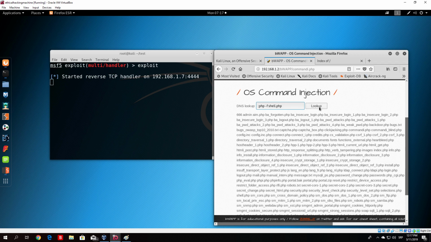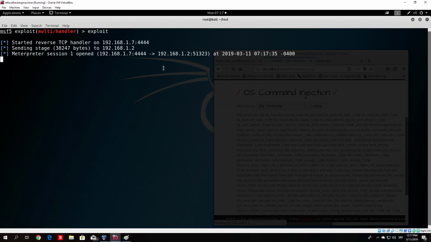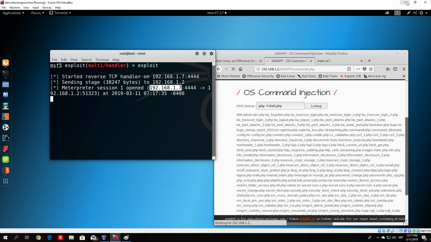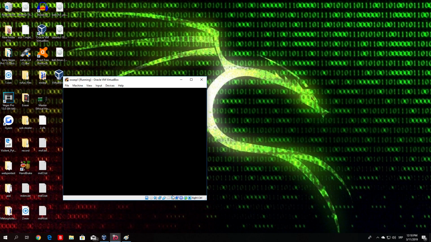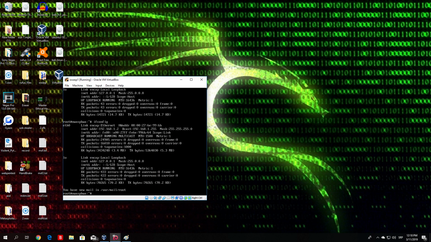As we can see, if I look up, we get a Meterpreter session 1 opened. We can see right here that it is a connection from our OS virtual machine, whose IP address is .1.2, and the other IP address is our Kali Linux machine. So we successfully got Meterpreter open. Now we can check that it really is that machine. If I go right here on ifconfig and type it once again, you can see that it truly is the